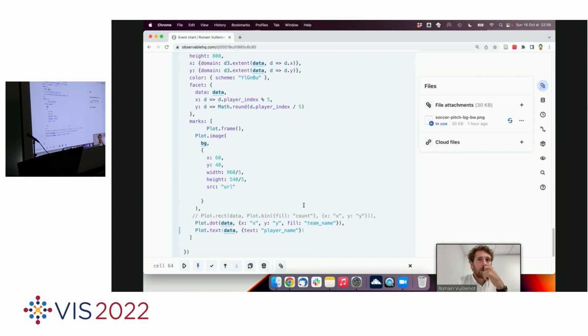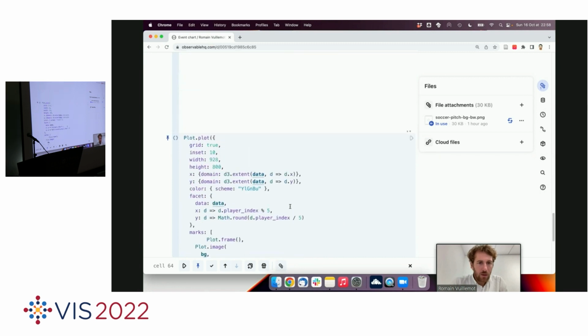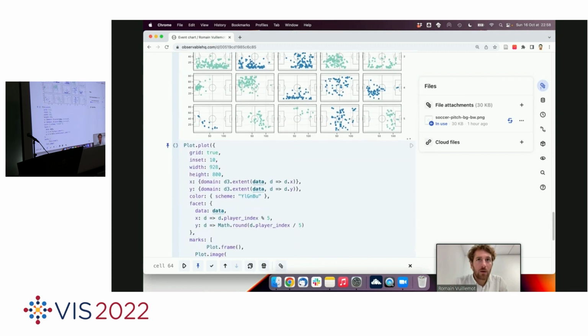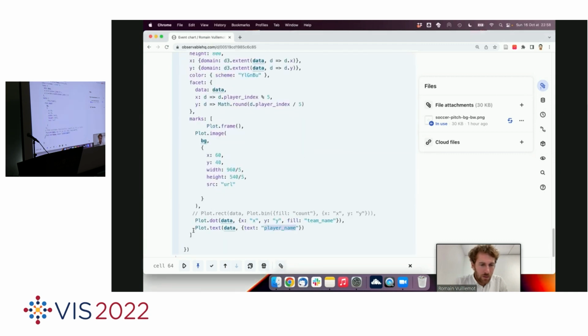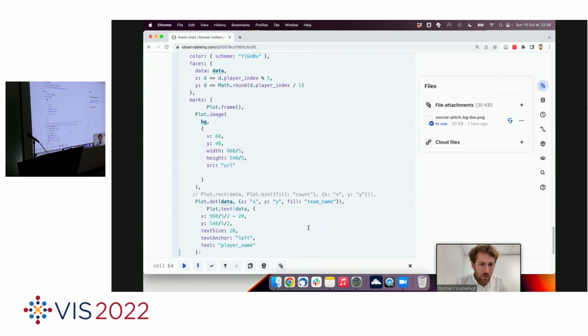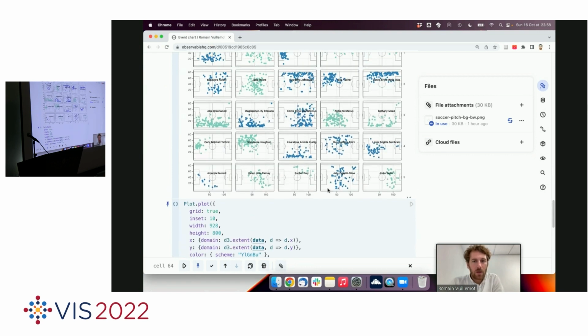So we don't have the player name. Do we have this? And then no, we should have the player name. I'm gonna have a problem of coordinate. Okay, so now with the player names,